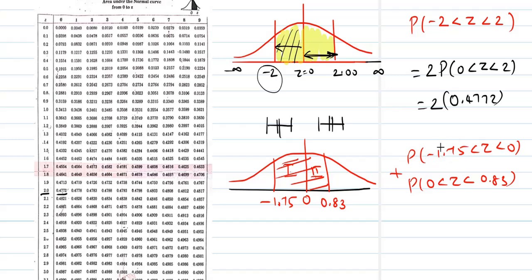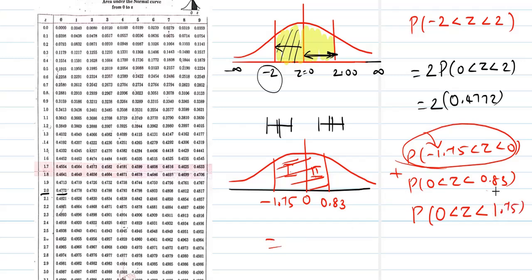But this quantity is negative in nature. So how to make it positive? By symmetry, I know that 0 less than z less than minus 1.75 is the same as 1.75. So now go to the table and see where is 0.83. 0.8 and 3. What is 3 over here? So this is going to be 0.2967,